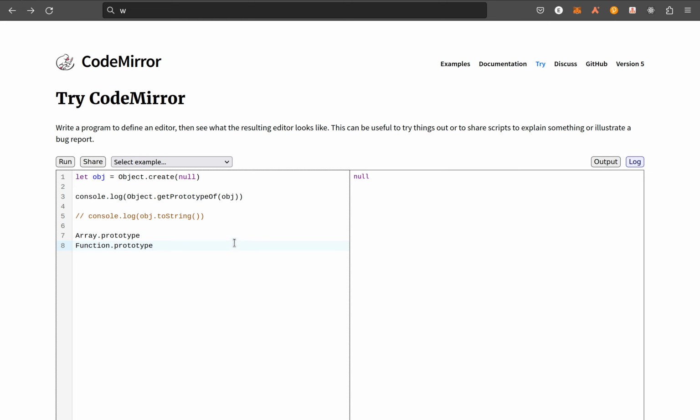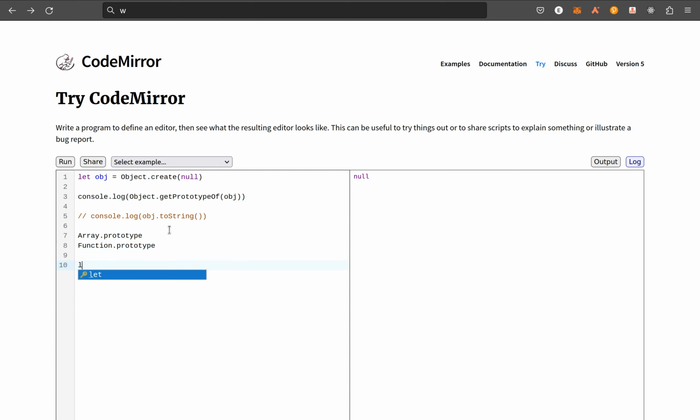And when you create an array, for example, let's say array equal to 1, 2, 3, this array is an object that inherits from Array.prototype. In fact, most of the methods you call on an array, let's say array.push, let's say we push 4, most of the methods are defined in this Array.prototype,